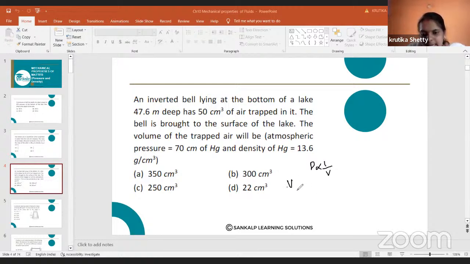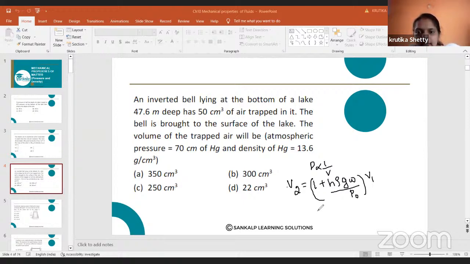The equation I'll take is V2 is equal to 1 plus H rho G divided by P naught, into bracket V1. With this equation, we are going to simplify this, okay? The volume of the trapped air